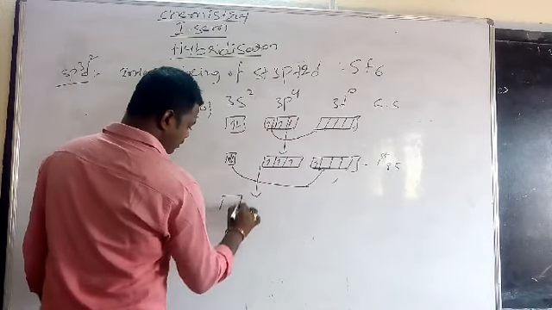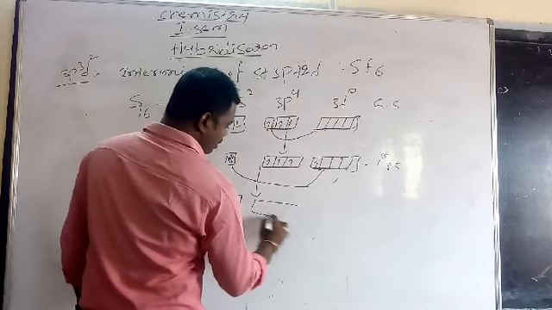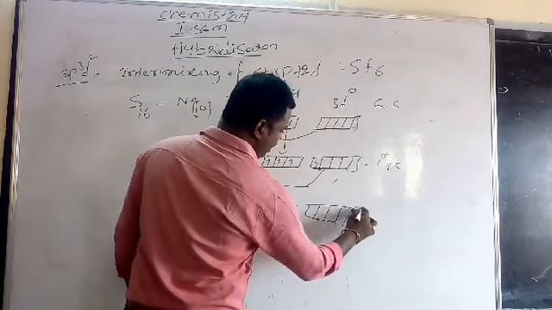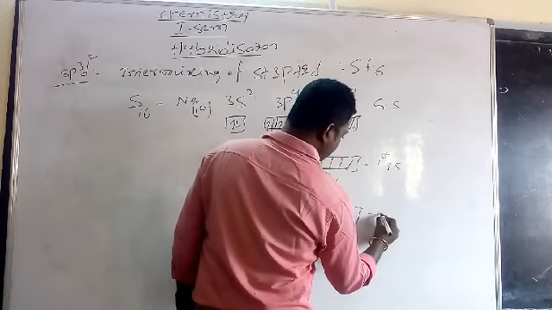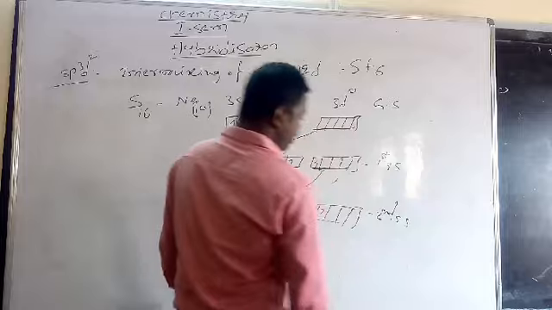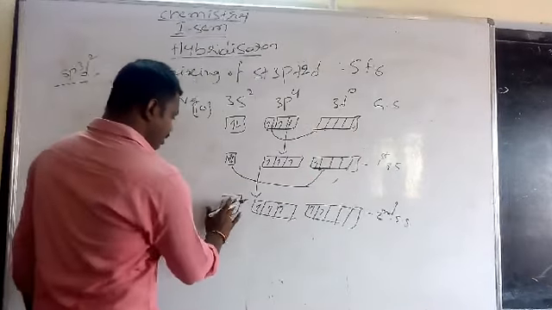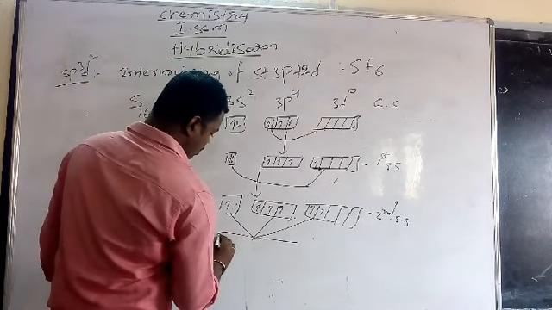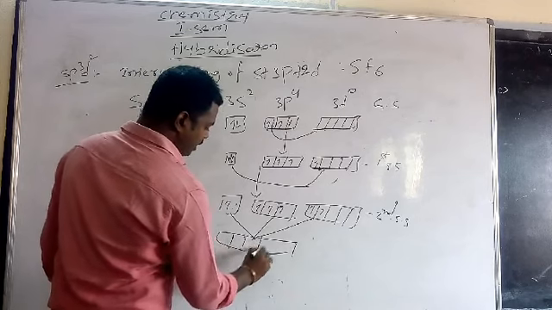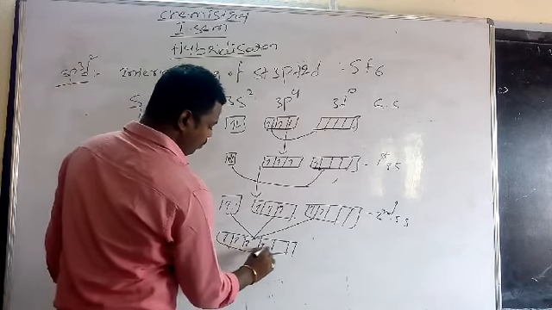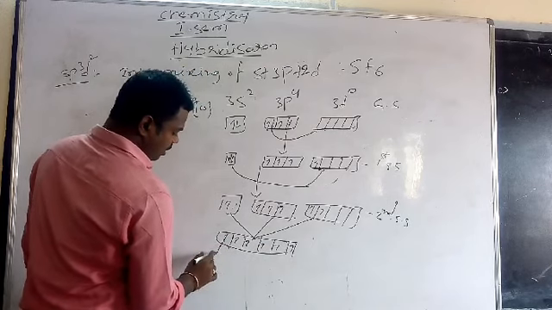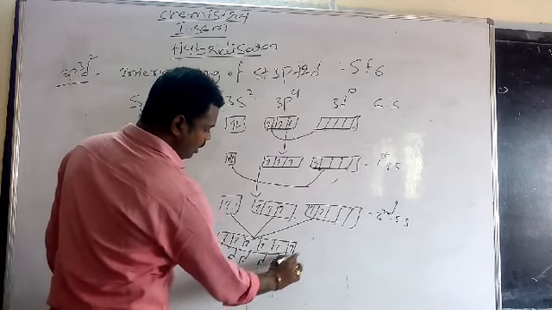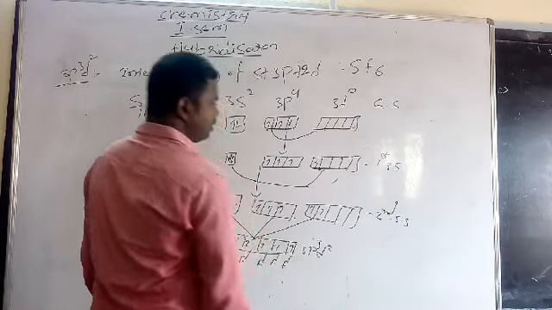Six unpaired electrons. This is the second excited state of sulfur. Now, intermixing of one s orbital, three p orbitals and two d orbitals intermix to give new equivalent hybrid orbitals: 1, 2, 3, 4, 5, 6. Now they react with individual fluorines. This is sp3d2 hybridization. Once again, I repeat.